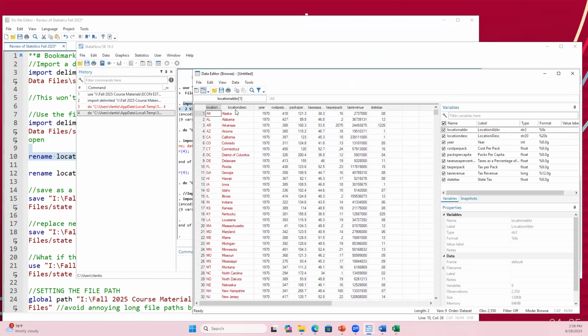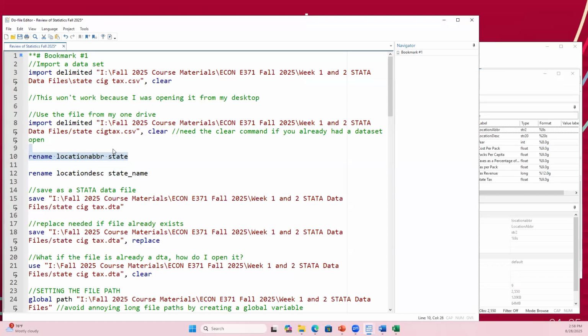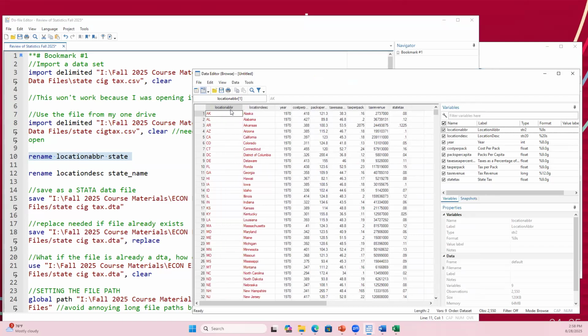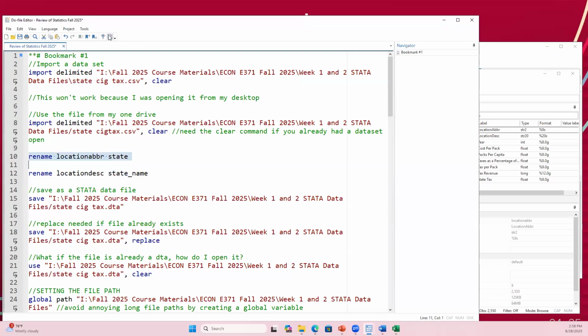And you're like, I'm not going to remember what location DESC means. That's just state, right? So sometimes what might be helpful is to rename variables, so they're not as long when you're typing them out, but also so that it reminds you of what the actual variable is. So the location ABBR, I'm just going to rename that to be state. So I put what the original variable name was, location ABBR, and I'm just going to rename that to be state. So notice when I run this line of code,